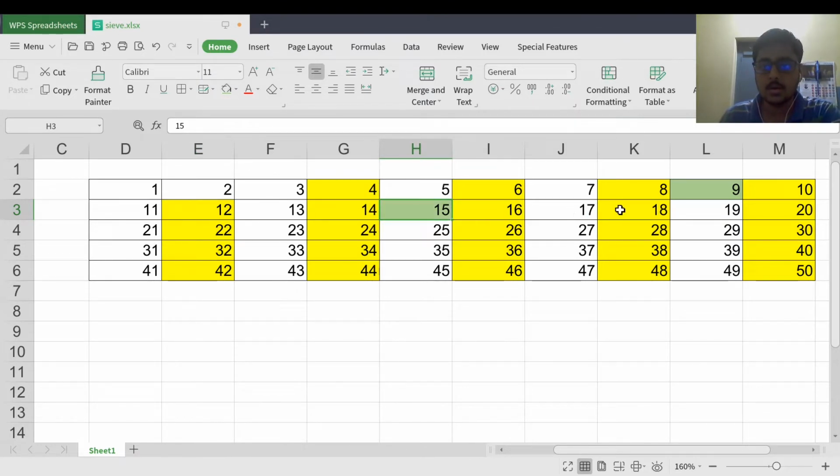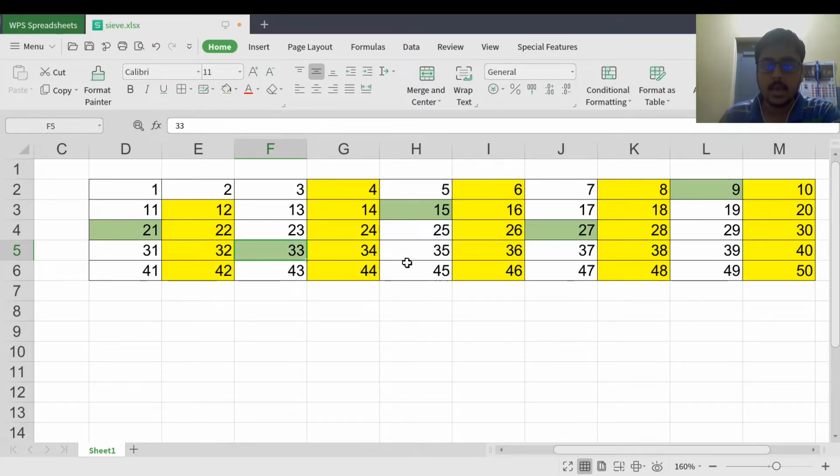Then it's 18, which is divisible by 2, so I won't be marking it in the case of 3. Then 21 is not marked, so I mark it now. Then 24 is marked. 27 is not marked, so I mark it. And then 30 is marked. 33 is not marked.